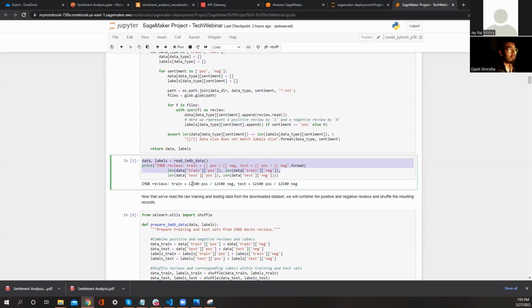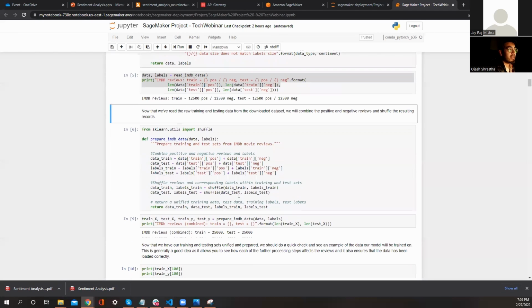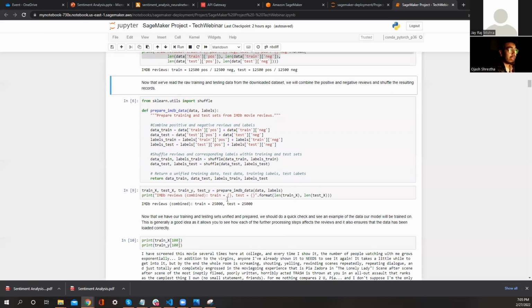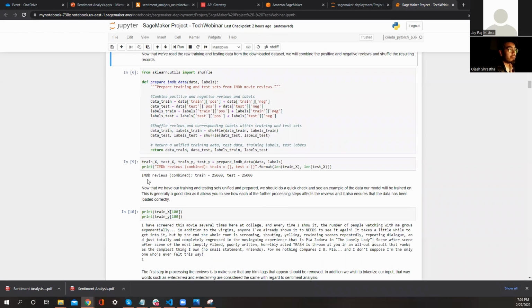We've taken 15,000 for positive, 15,000 for negative, right? So the training and testing, all of this data is in there. And what we do is we shuffle all of this data so that we can now do the operation. And again, see how these training and testing sets are done, right? So from this review data, we've got around 25,000 data sets up there.